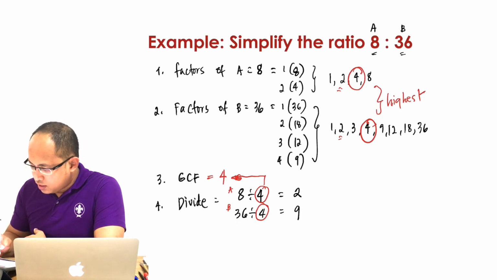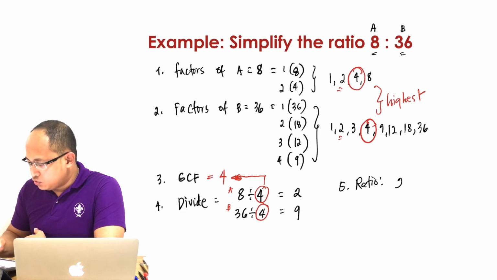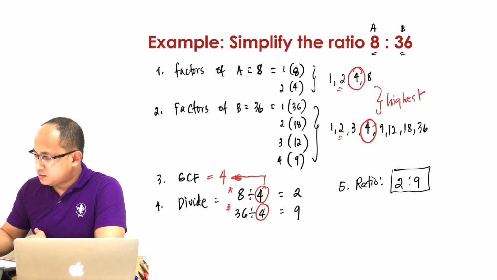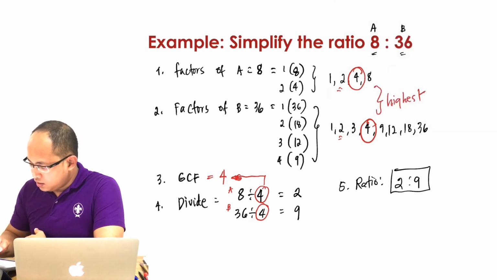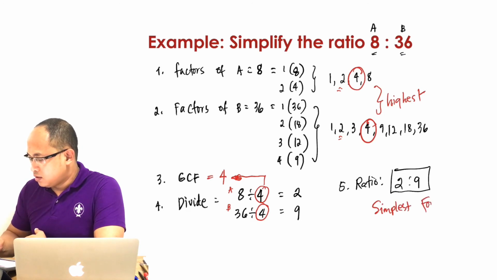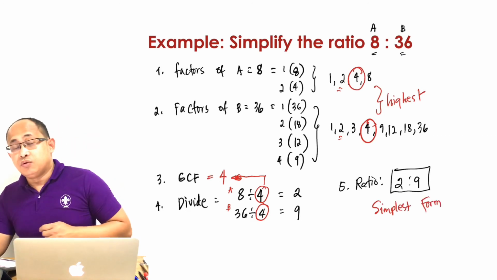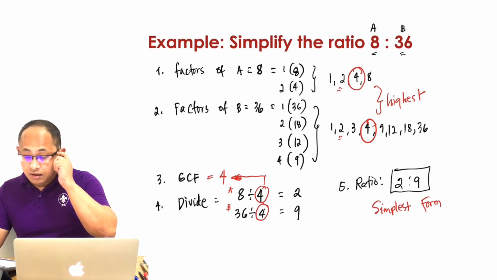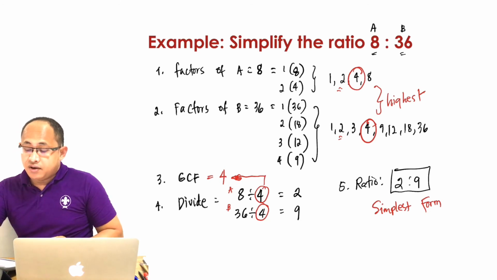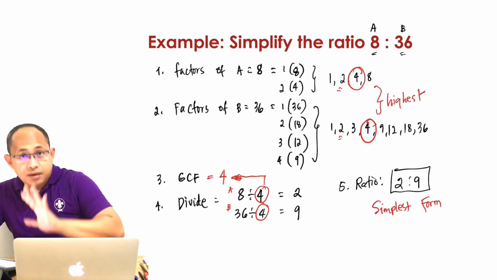So therefore, step 5, the ratio. Now therefore, the new ratio is 2 is to 9. This is in its simplest form. Okay? Again, if you are going to simplify 8 and 36, you go for the 5 steps that